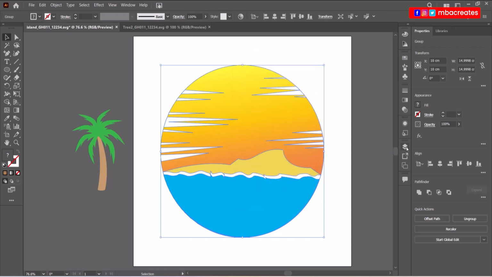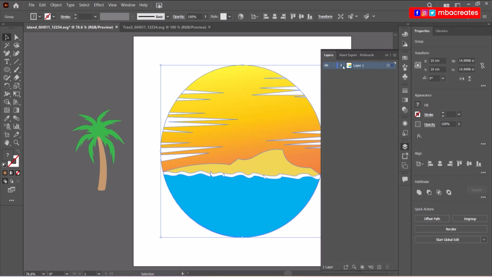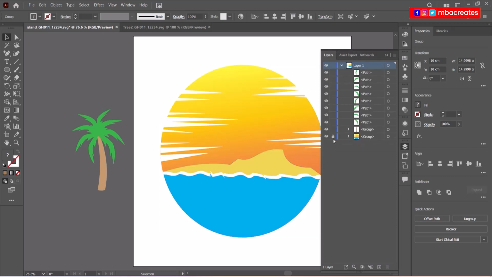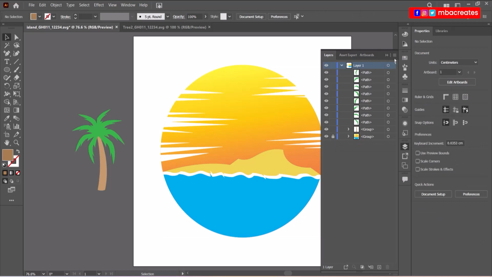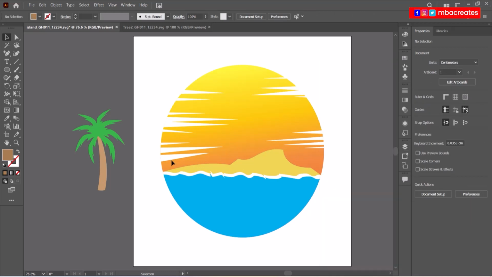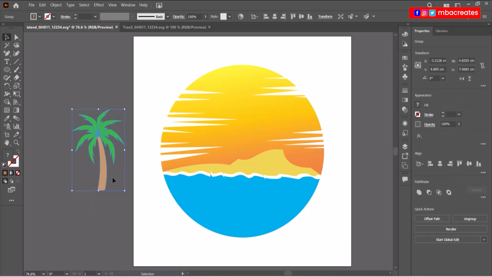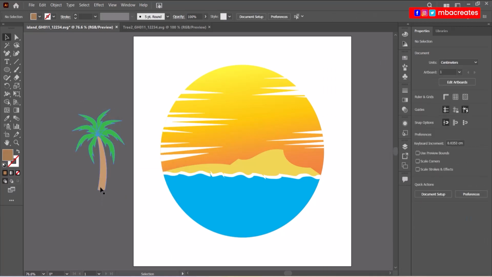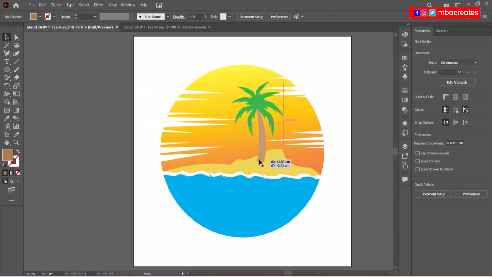Now I'll go into the layers panel, look for that group. There it is, and lock it down for now. Select my tree and group it as well. I'm going to place the tree where it's supposed to be on the island,